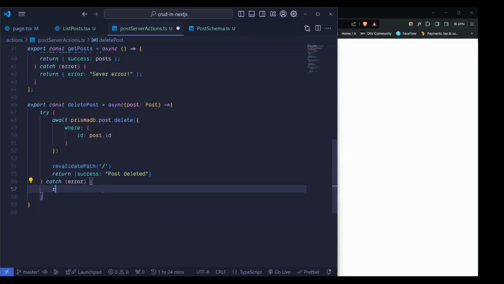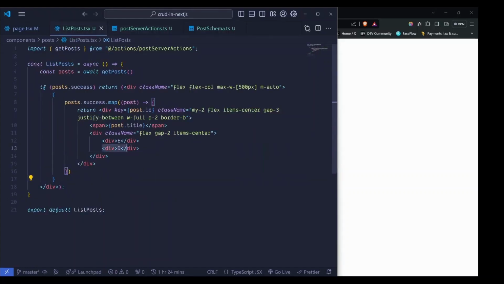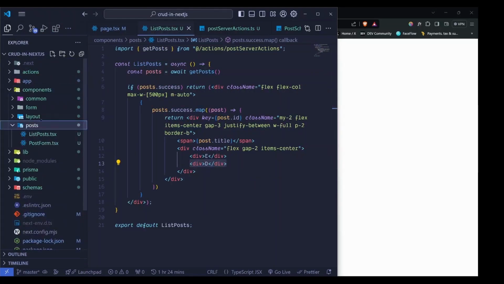In our catch, we will return an error object. So I'll just say error, colon, server error. And this is our delete server action. Inside our list post, this is where we'll be having a delete, but we will create that component first. So I minimize everything, components, posts, add a new file, and I'll say delete